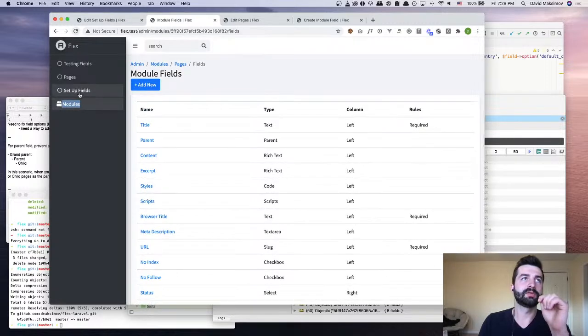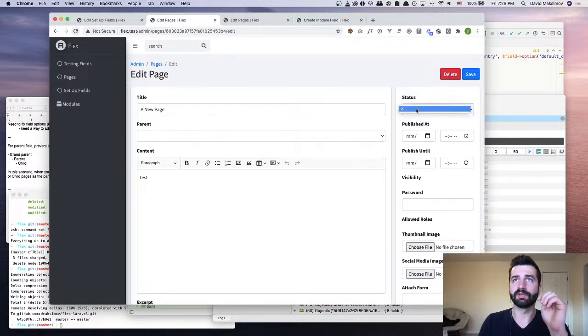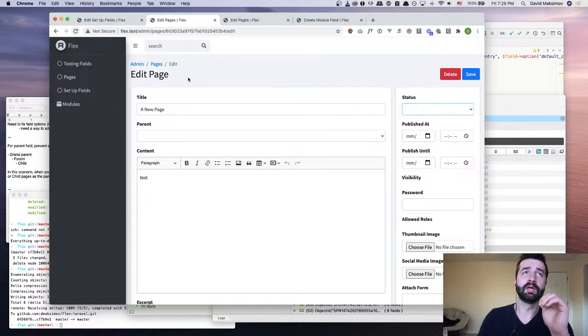I have the sample pages module, and in there we have this status. The idea here is that there'll be a status for publish, a status for draft, and depending on that, that's how the page is going to be. That's what we're going to toggle the visibility of the page. Right now it's empty because that's broken,